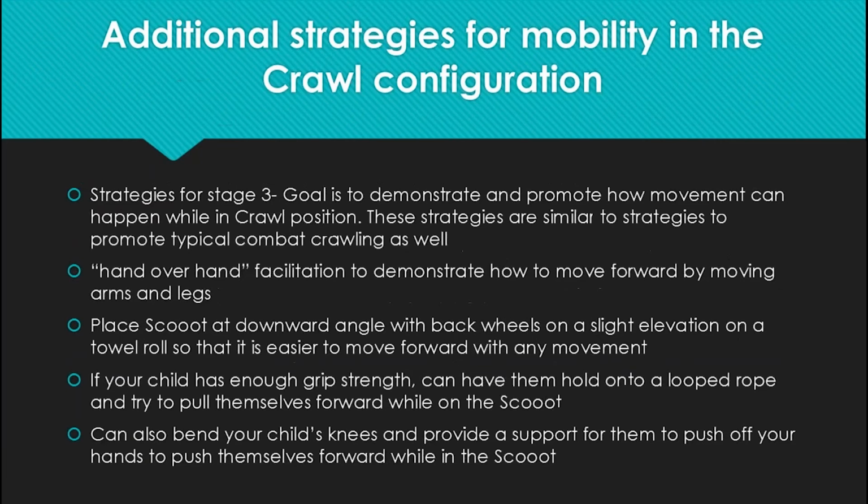Okay, Natalie, we have another question. Yes. So one of the guys here is doing this exercise with a furniture mover. However, he feels that this is maybe quite dangerous because the hands can come in between the wheel and the ground. And how is that secured with the Scooot? So initially, I would say that the 3 casters that are underneath the Scooot, for crawl position, are quite well tucked under the frame, but as well as that, I'm guessing that you would be keeping an eye on where the hand placement was and amending it if it wasn't